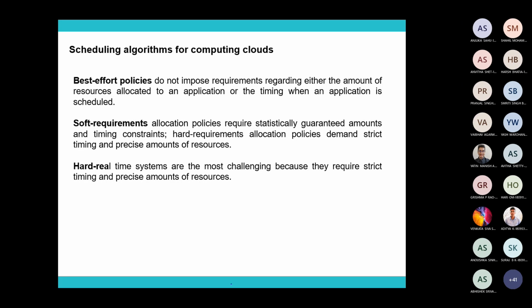After that we looked at scheduling algorithms. You can think of scheduling at different levels. One is, as I mentioned, when you request a virtual machine, where exactly that virtual machine will be created. There are thousands of servers, so how can you schedule that virtual machine on one of the servers? That is one level. At the higher level, if you submit an application or job, where exactly will that be executed, in which virtual machine?